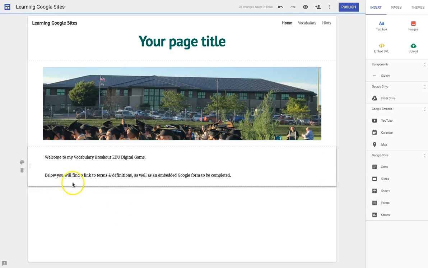And I mentioned that below they're going to find a link to terms and definitions. That's going to take them to my Quizlet, as well as a Google form to be completed. Now, I'm not going to go full tilt and make a full Google form right now, so I'm just going to use one that I have. But once you complete making your Google form for your Vocabulary Breakout EDU game, it would most likely be in your Google Drive, and you could search for it there,